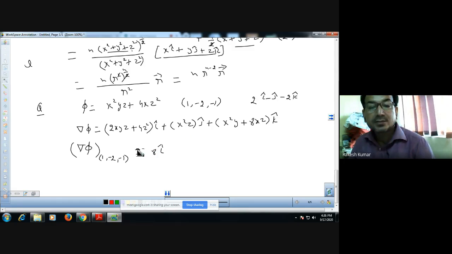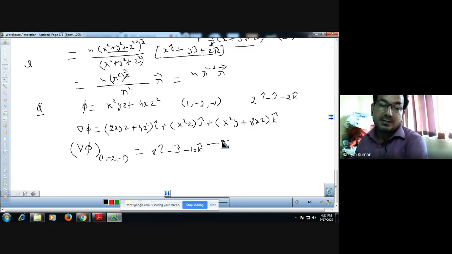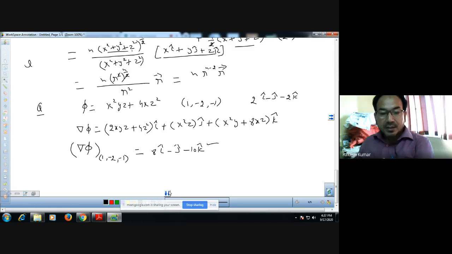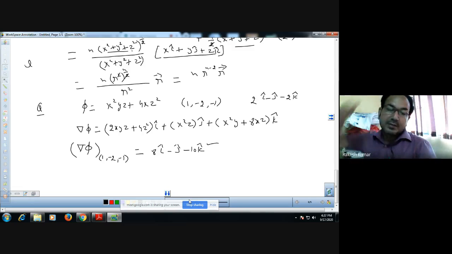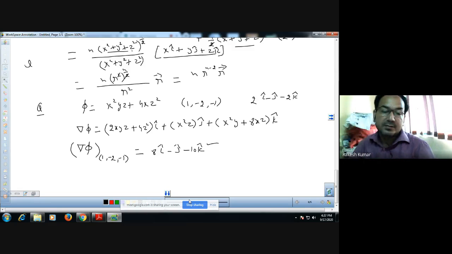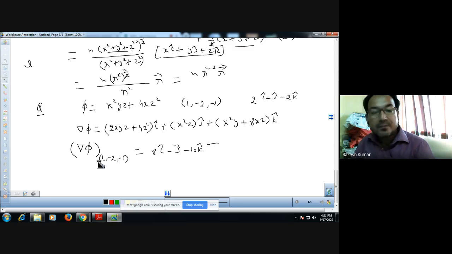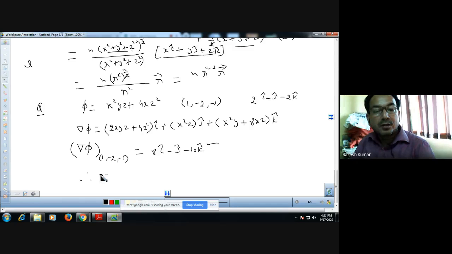And x square is 1 square and z is minus 1, so minus j cap. 1 square y is minus 2, and that will be minus 8 and minus 10 j cap. So this is the gradient of a scalar point function, and we know that the gradient of a scalar point function is always a vector quantity. So therefore the directional derivative